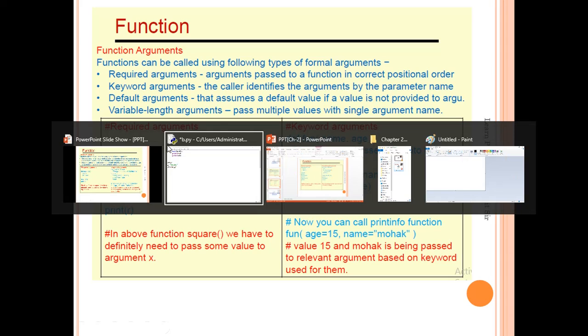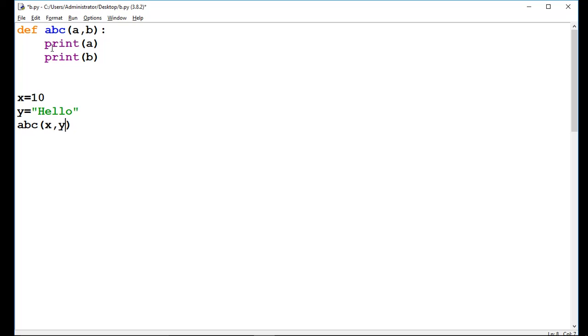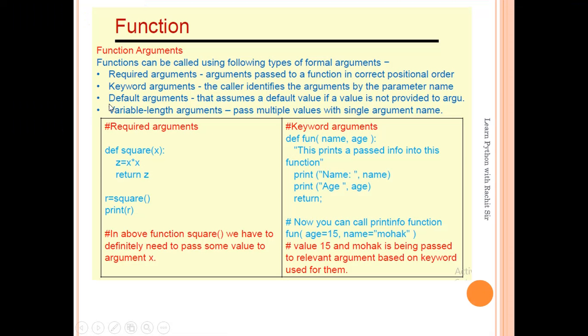For example, we'll take an example. So this is a definition of function ABC in which two parameters I have passed, a comma b, because the call is also having two arguments x comma y. As the name suggests, required or positional argument.